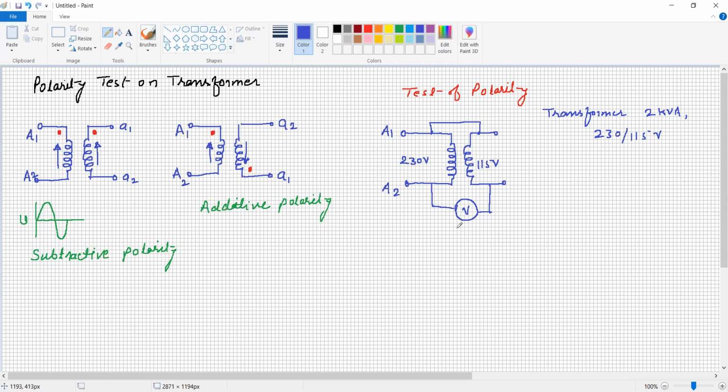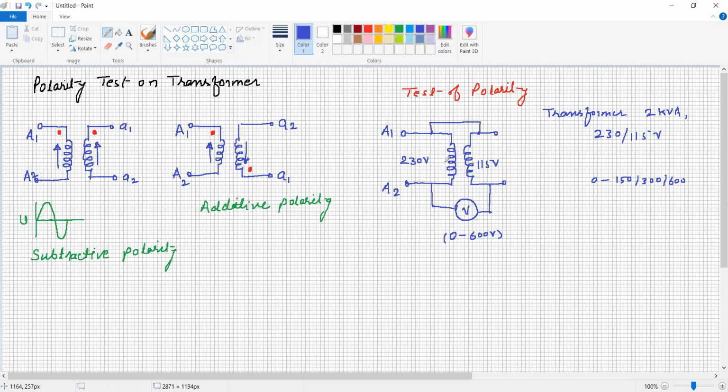So the voltmeter should be 0 to 600 volt, because the standard ratings of available voltmeters are 0 to say 150 volt, it may be 300 volt, it may be 600. So it means that the voltage range of the voltmeter is such that it is able to measure V1 plus V2 totally at the same time.